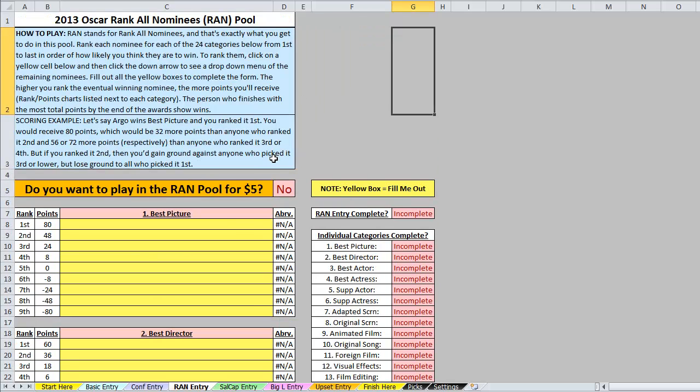So the rank pool here, really awesome. I wanted a way to have it where instead of just picking one winner and if there's an upset then you get no points, what if you could rank all the nominees, and the more correct you were the more points you get. That way if there's some kind of crazy upset, maybe the third or fourth favorite thing in a topic wins, then